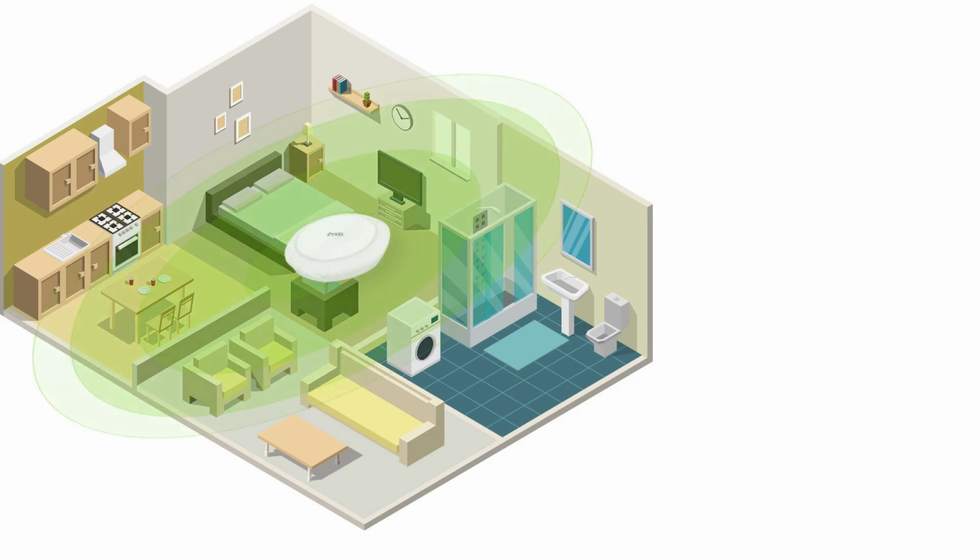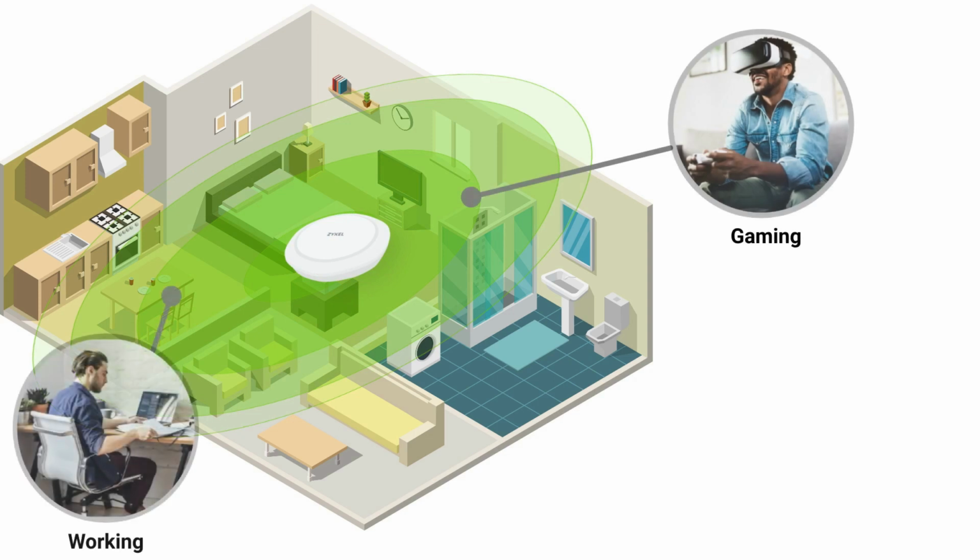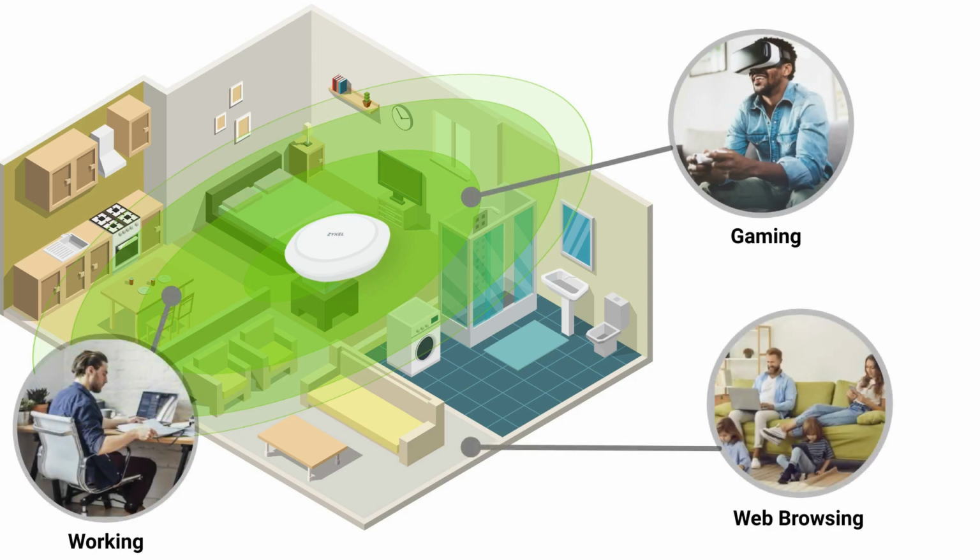In a typical household network, there may be a need to support various applications, such as gaming for kids, remote working, or general usage for other family members. If all activities share the same SSID, the gaming usage might consume an excessive amount of bandwidth, resulting in reduced transmission quality for other applications.